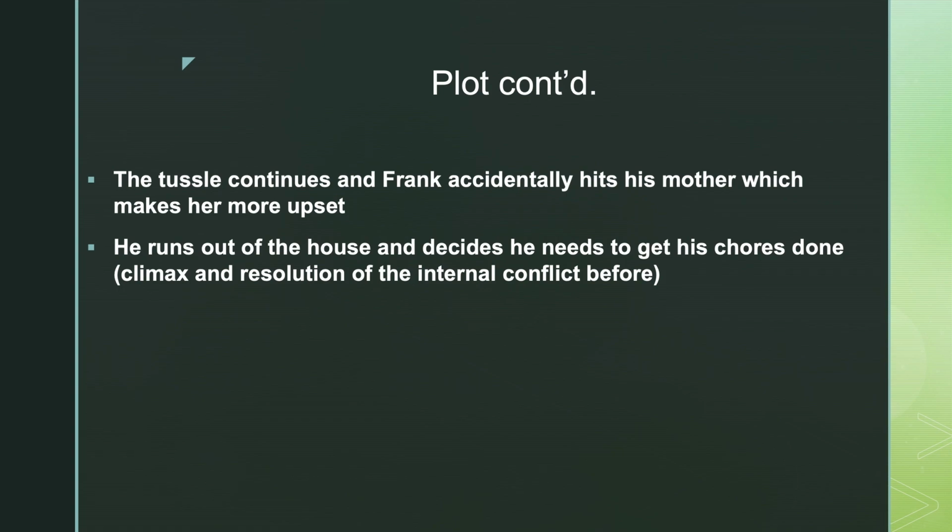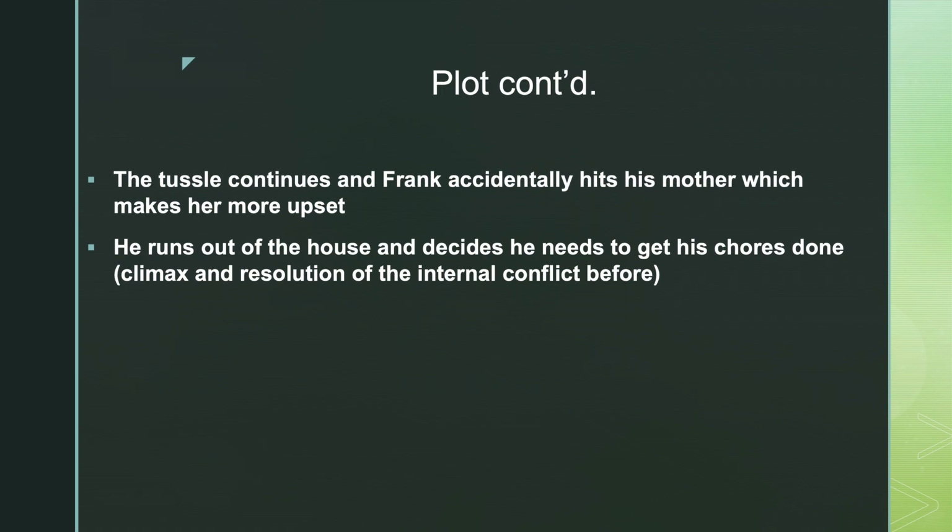He gets out of the house. So let us take a look at this little snippet. The initial conflict was, should I get out of bed or not? If he had gotten out of bed, his mother would not have flogged him and he would not have had that tussle with her. So we're seeing how the decisions made with the conflict impact the rest of the story. He made the wrong decision, he fell asleep, and the tussle ensued, and this is the end of it.